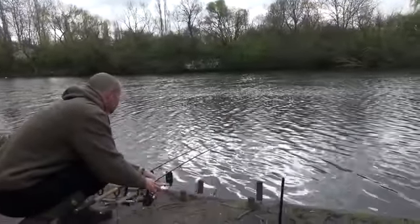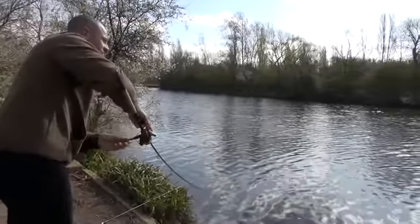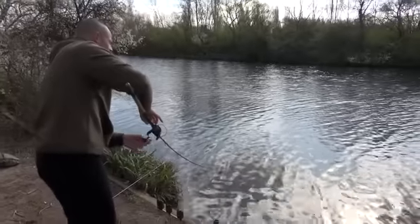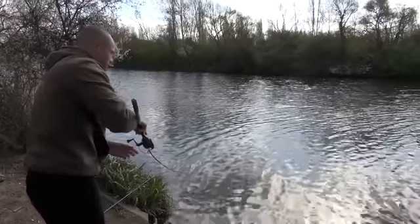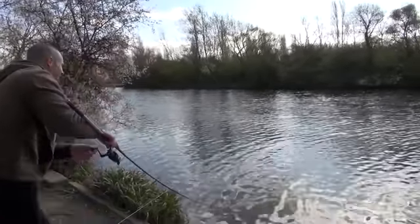There we go. Oh, no. Line up. No, that's on. Yeah, that'll do. Well, we've literally only just got that rod back out and it's flown round. I'll be honest, I put the other rod straight in the tree, so I've had to re-tackle that one. I was literally just clipping up the other rod again, and luckily there's no rig on it because it is within inches of that bank. But my right-hand rod, the one that produced that lovely